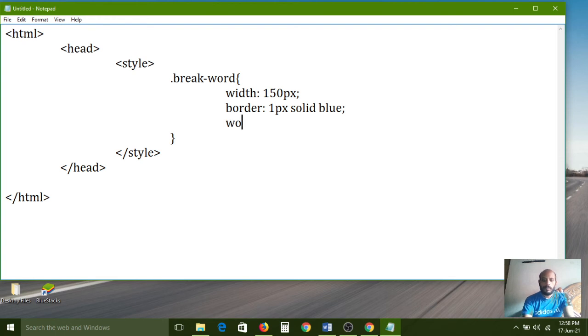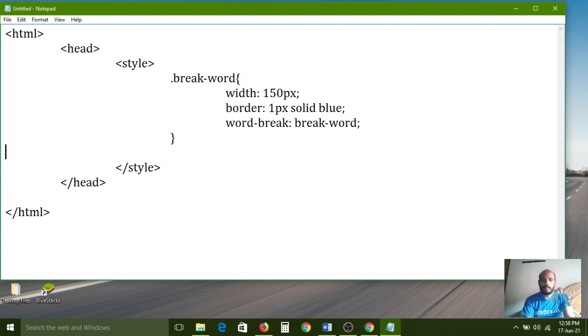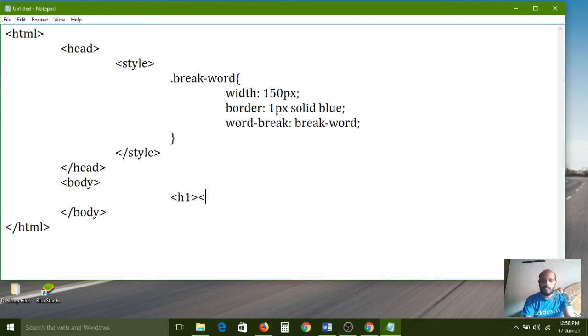Here word hyphen break colon break hyphen word is the property, right? Now I want to define body. I want to close the body tag, and here h1 opening and h1 close.